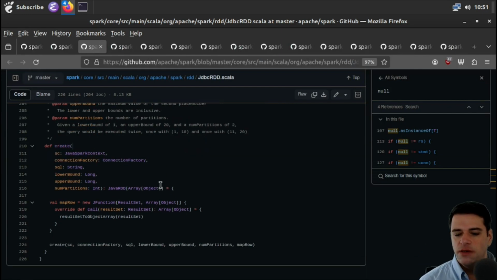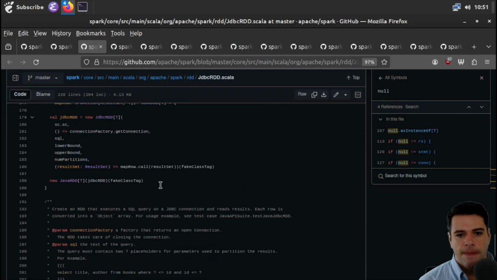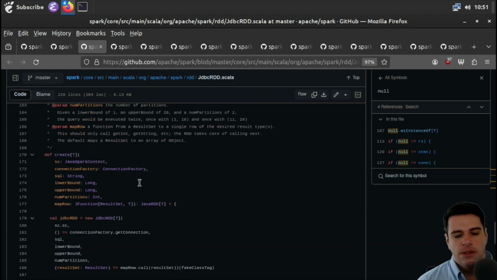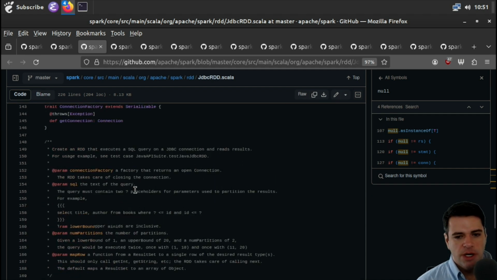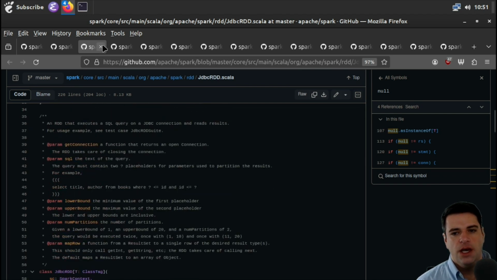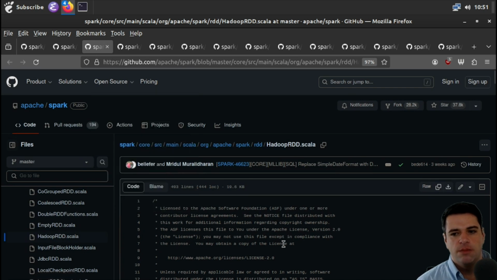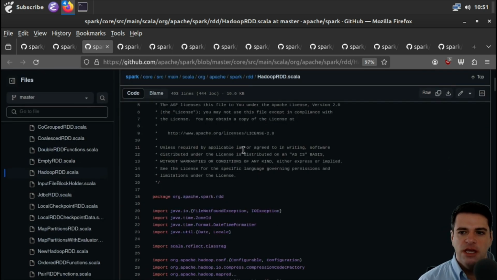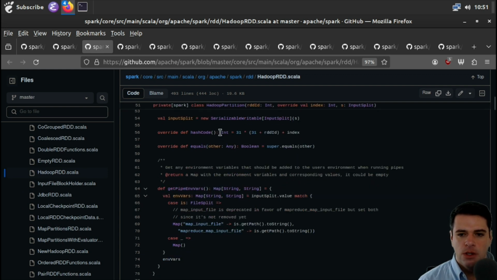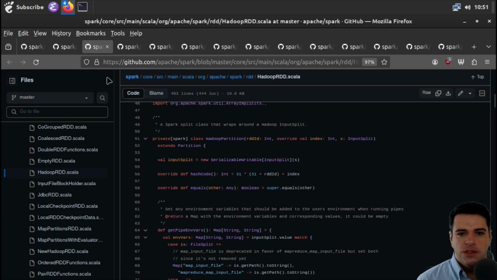All right. So is there a way to reconstruct? I'm not sure. I don't see anything here that makes sure that your data is, for example, properly duplicated. Like if you have a single SQL server somewhere that has your only copy of data, I don't know what happens if that goes down, if Apache Spark makes any determination about what to do there. Here's Hadoop. I don't know enough about Hadoop to know about its